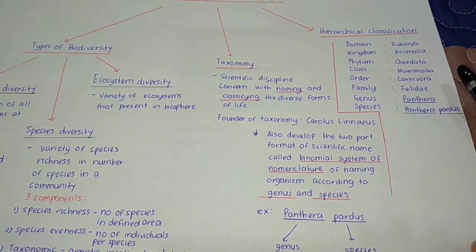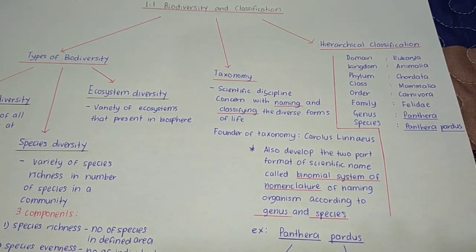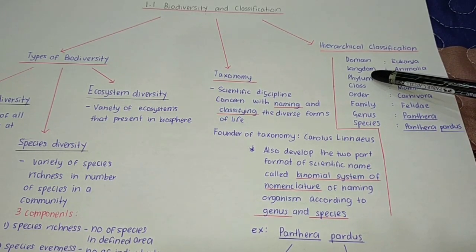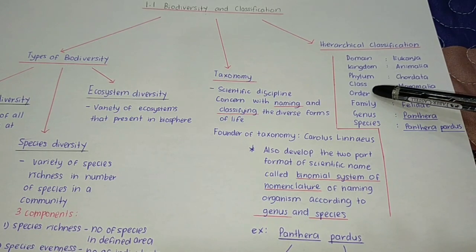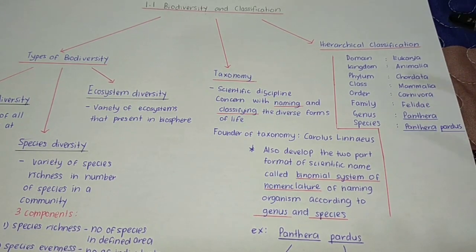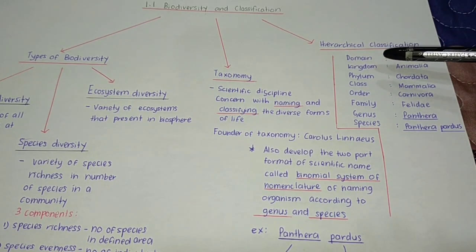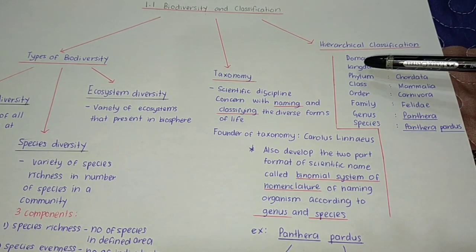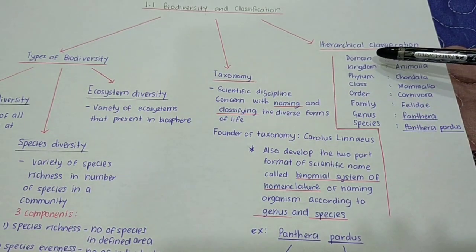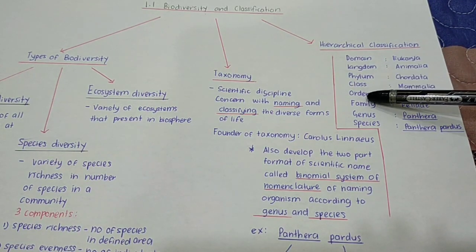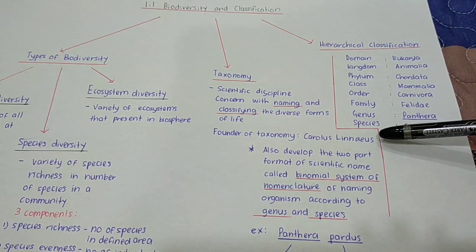Classification for each of the organism. Okay, so for hierarchical classification, it will start with domain, and then next is kingdom, phylum, class, order, family, genus, and species. So means that you have to know the hierarchical classification on how to classify the organism. So dia mesti akan bermula dengan domain, next is kingdom, then phylum, class, order, family, genus, and species.